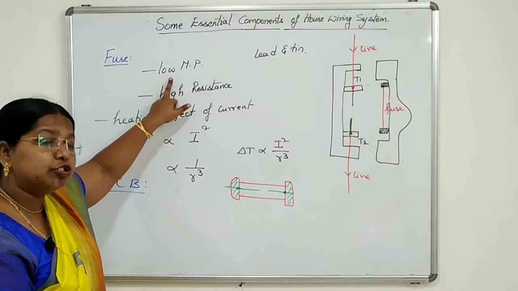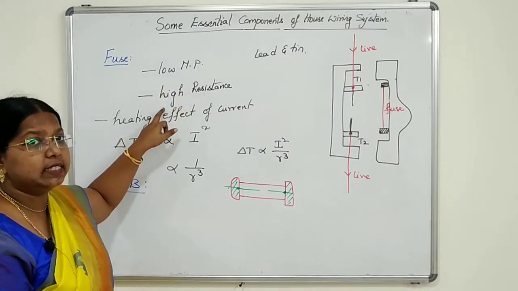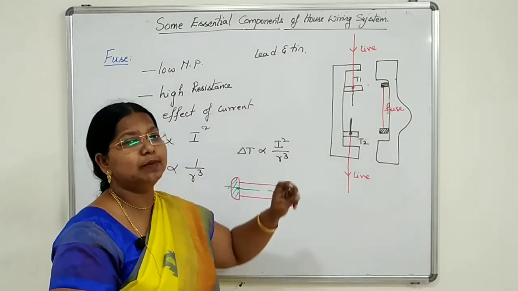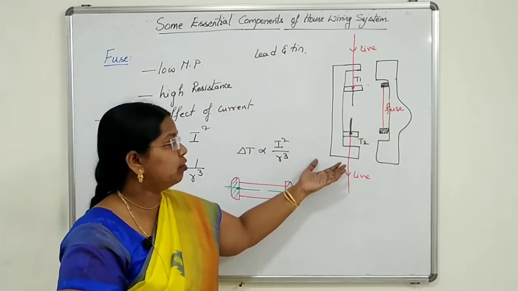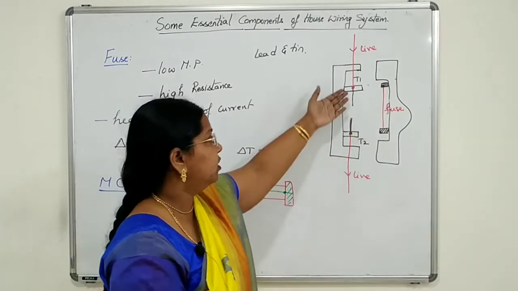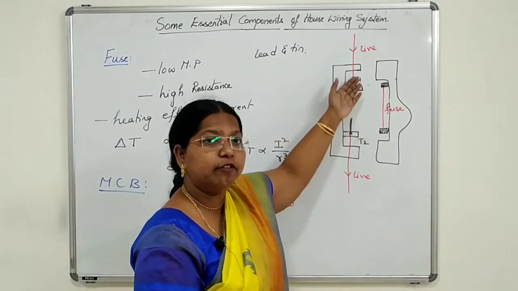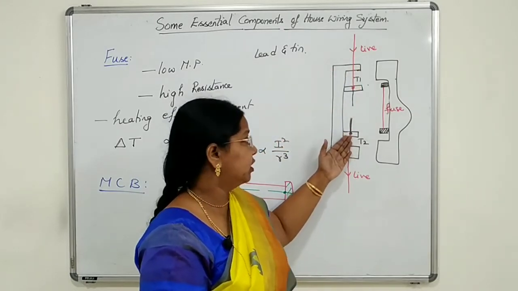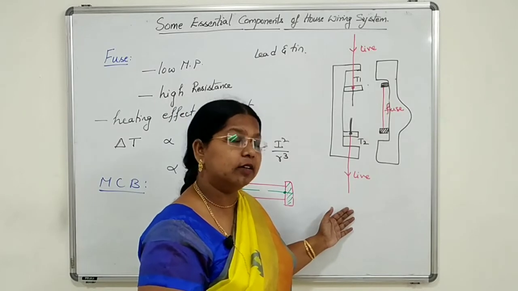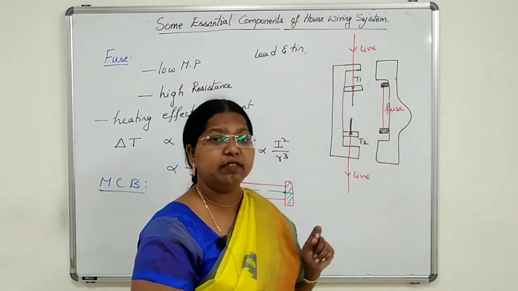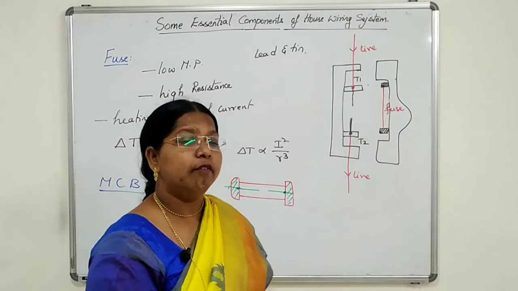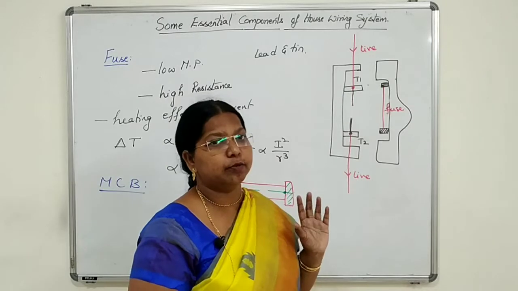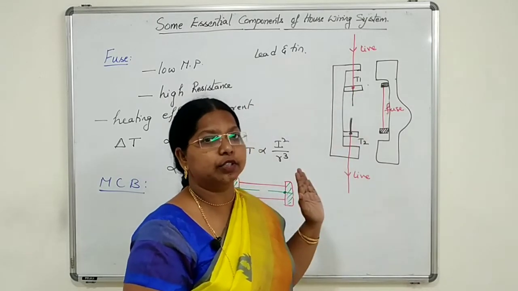The characteristics: it should have a low melting point and high resistance. An alloy made up of tin and lead is a suitable material for the fuse. So we saw here, there is a socket where T1 and T2 terminals are there. For T1, the live wire is connected from the pole, and for T2, the live wire is connected which is going inside the household. The plug has the fuse wire between the same terminals T1 and T2. When we insert this plug into the socket, a connection is made between T1 and T2, so the current flows into the circuit.